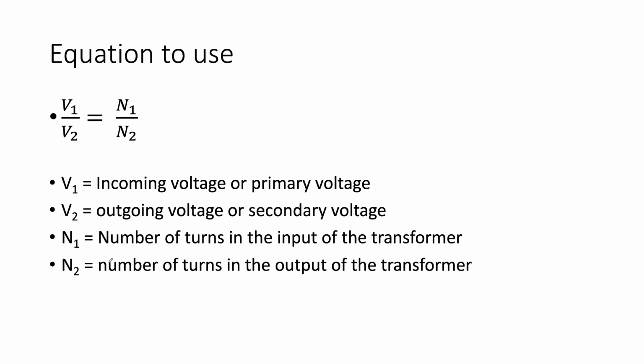So when we look at transformers, there's a relationship that the incoming voltage V1 divided by V2, which is the outgoing voltage, is equal to N1 over N2. And so depending upon how many turns the transformer has in the coils of wire, it will bring the voltage up or the voltage down. So if we look at a picture of this,